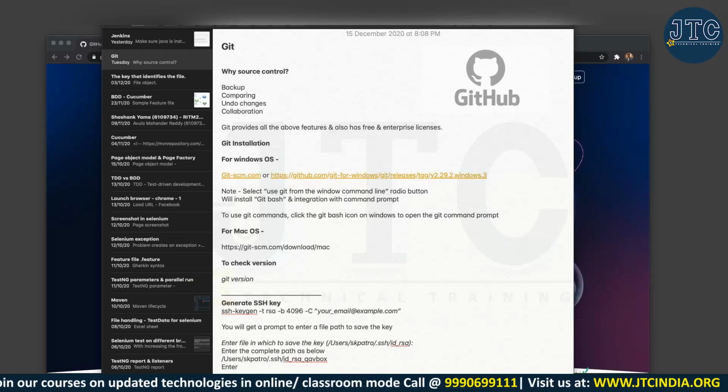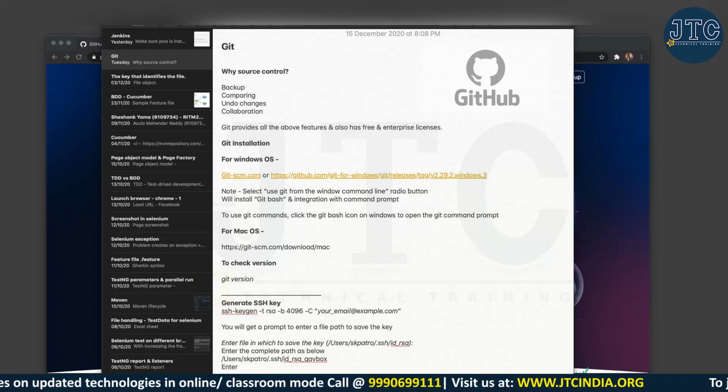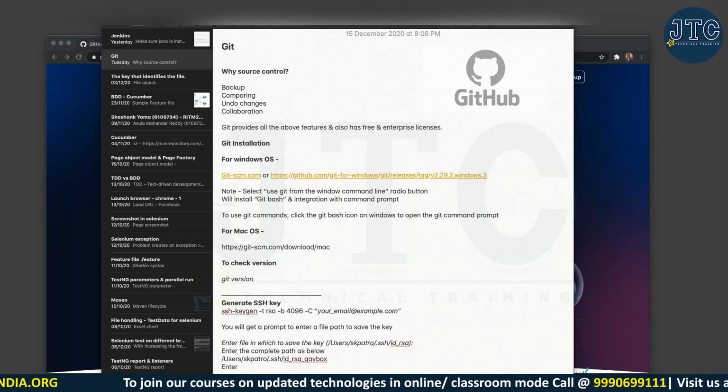Another thing: if you have edited and then committed, it will keep track of that and keep that version. Normally, let's say you are practicing something. You write whatever Java file, and before you shut down your system, you take a backup and keep it in Google Drive, or if you have a Dropbox account, you keep it there. By using source control, you really don't want to do that, because it keeps that backup automatically. So all those things are benefits of using source control.